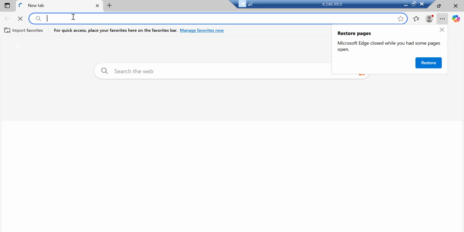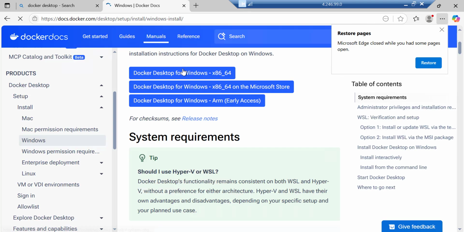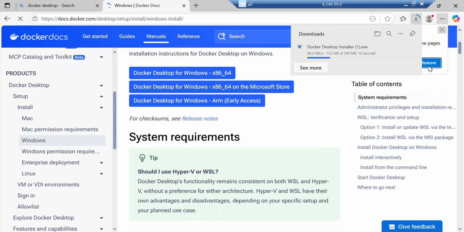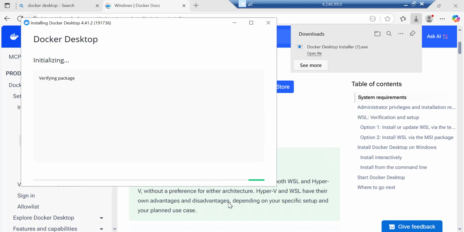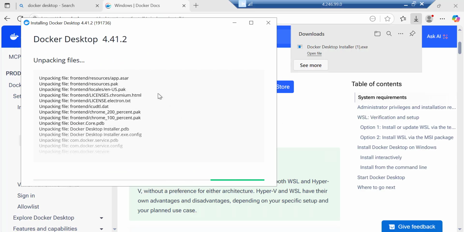Okay, now we'll go to download Docker Desktop and install it. Choose the Windows x64. Now we're downloading it. The Docker Desktop installer download has finished. I will click on it to install Docker Desktop. Now this checkbox tells me that it will use WSL2 instead of Hyper-V. WSL2, the Windows Subsystem for Linux, will be used to build and run the Linux containers inside our Windows VM. So I'll click OK, and it will start installing Docker Desktop and installing WSL.